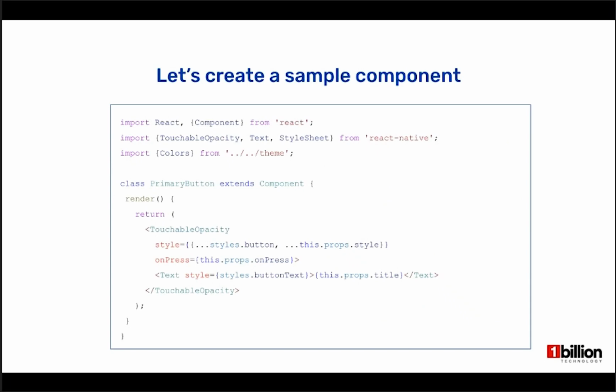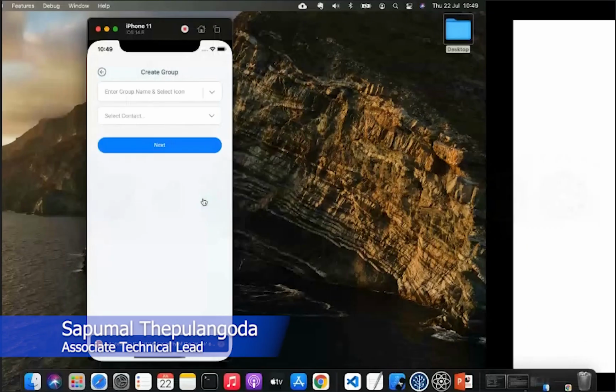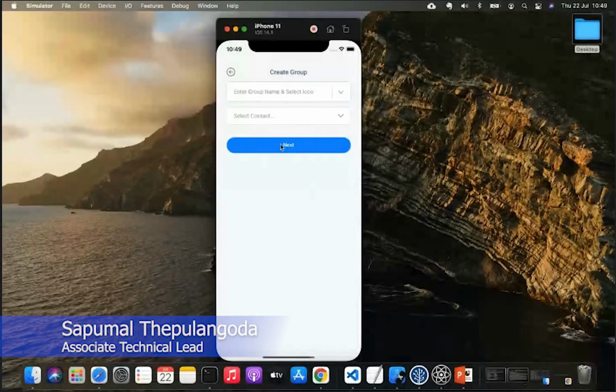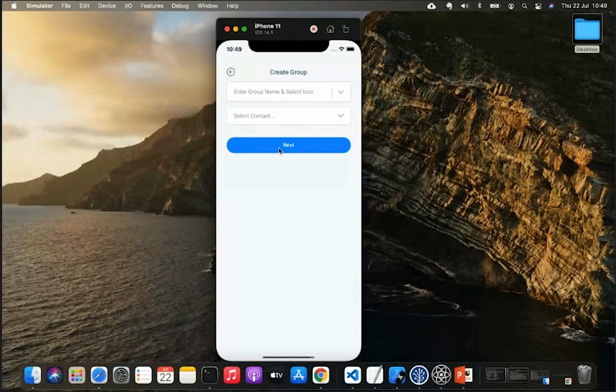Okay, then let's quickly go to some development. Actually, this is again from the ModoTime app that we have created. This will be a tiny little reusable component. Actually, we can consider this an atomic level component. This is a button component I have used. I can show you inside our app. So this will be our one button component. Its title is called Next.